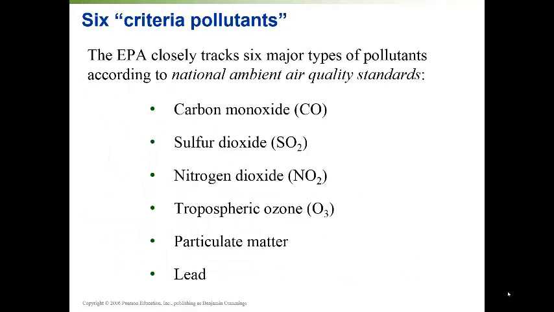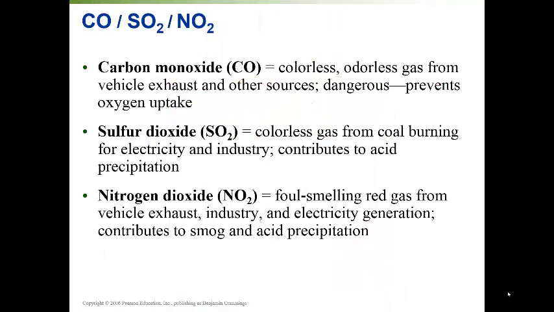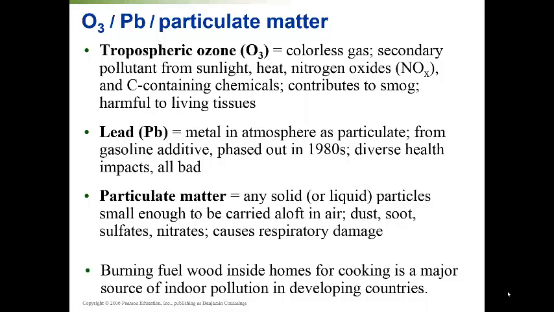There are 6 pollutants we're going to talk about: carbon monoxide, sulfur dioxide, nitrogen dioxide, tropospheric ozone, particulate matter, and lead. Here's just a diagram that shows where those things come from. Kind of get a realistic view of where all these chemicals come from, things that we do in order to produce these chemicals into the atmosphere. I'm not going to go into all these different chemicals. You can look at it. That's why it's a video. You can pause it and take any kind of notes that you need.